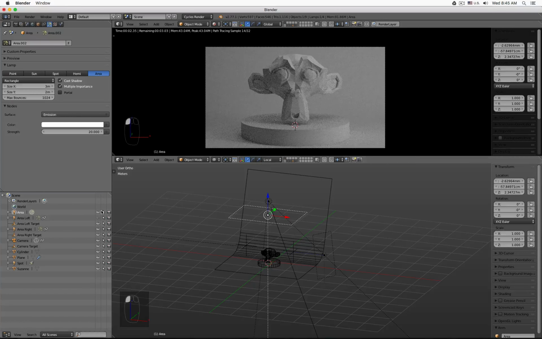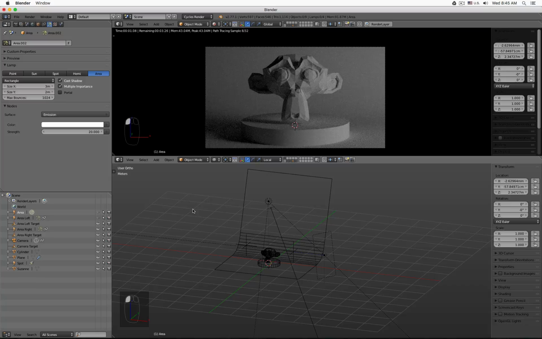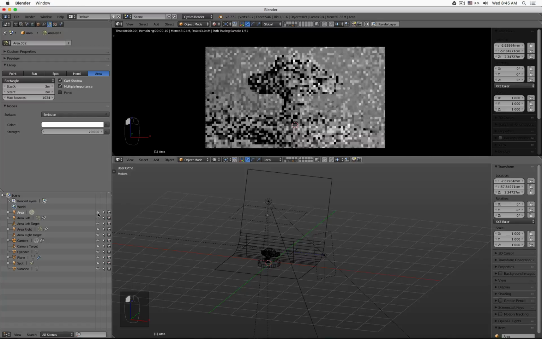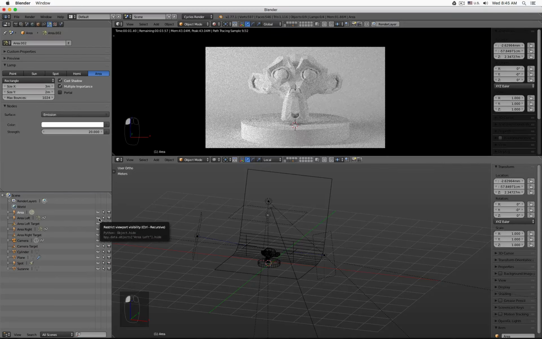Maybe the light on top I want to turn off, and then you can go back and show them. That's a different way you can do that. But sometimes I have different light rigs, so different light configurations, and in that case I find it easier to just spread them out onto different backdrops, layers. Okay, so